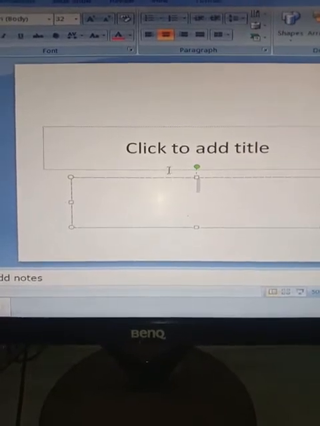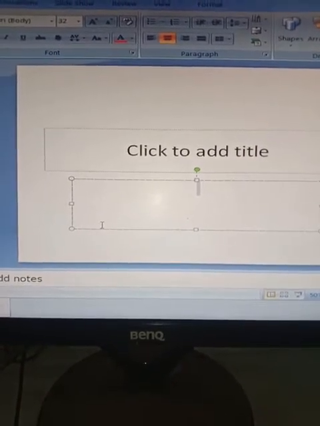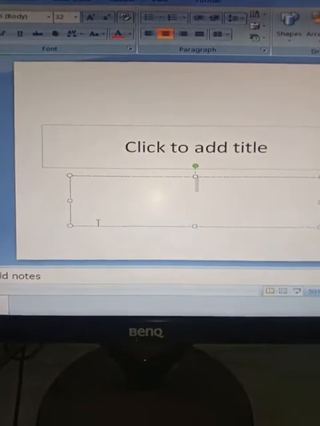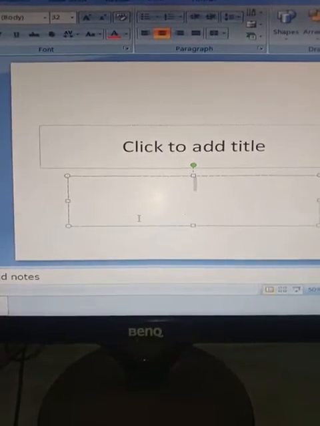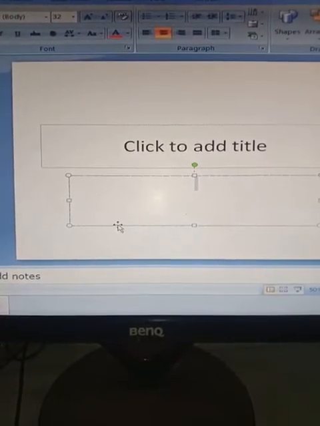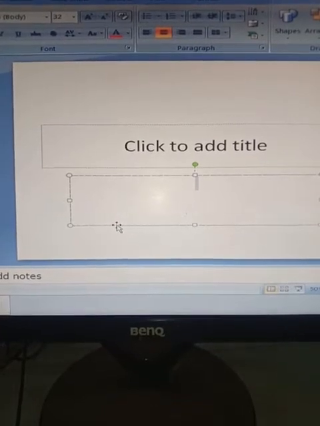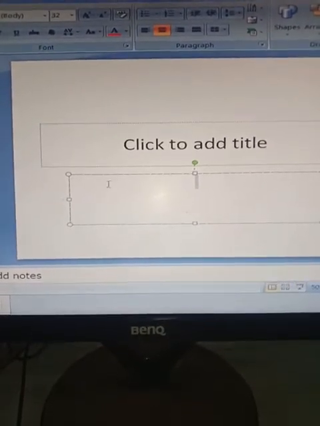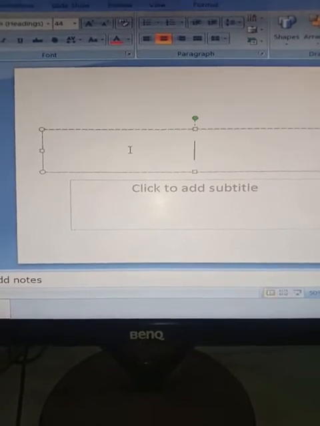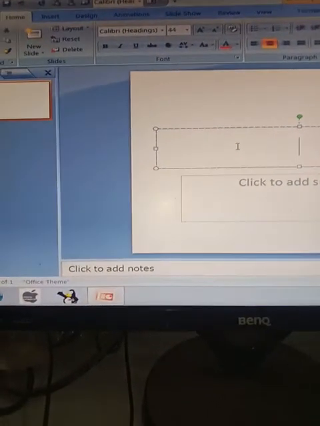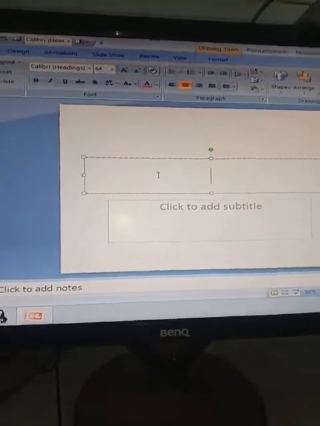Next we have the content box. The content box is added in another slide layout. For the content box we have the other slide layout in which we can add our content, which is generally non-text icons. Next is the slideshow. So what is a slideshow? Like suppose I have written over here in the title, computer.